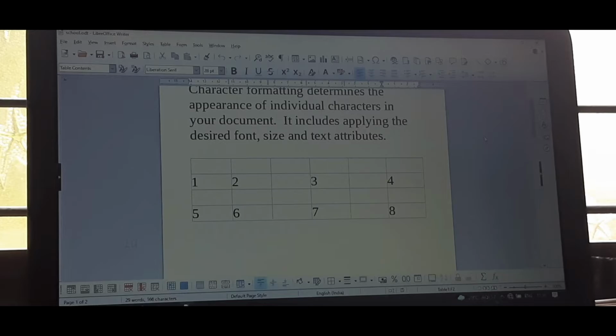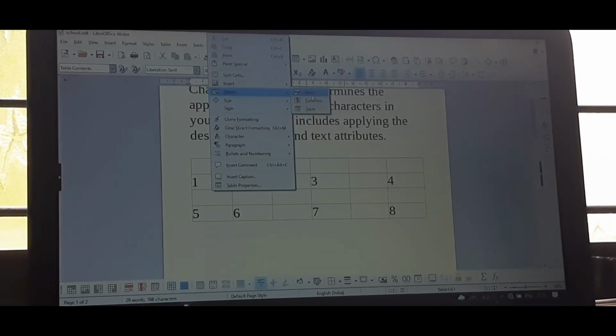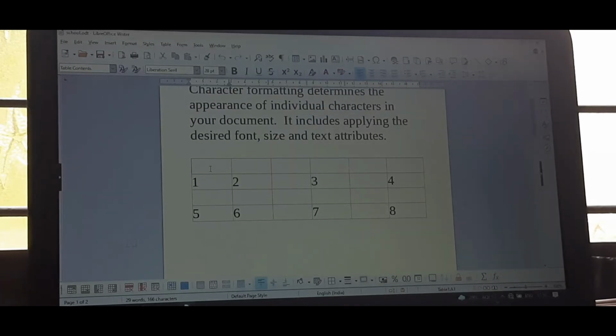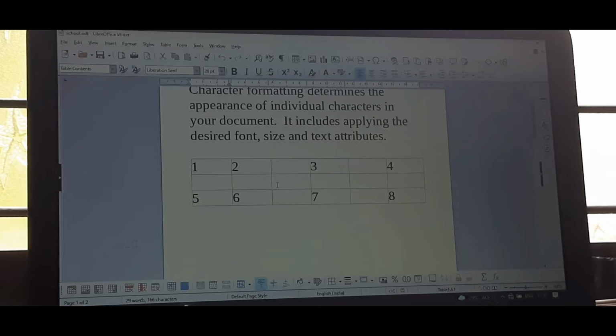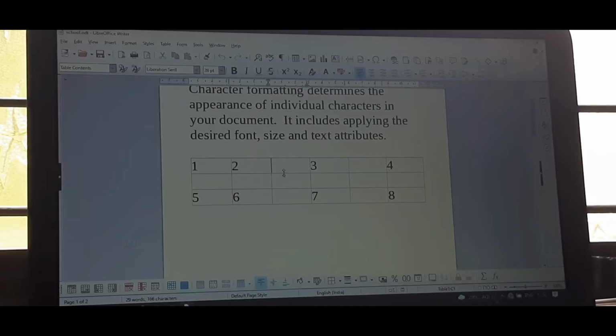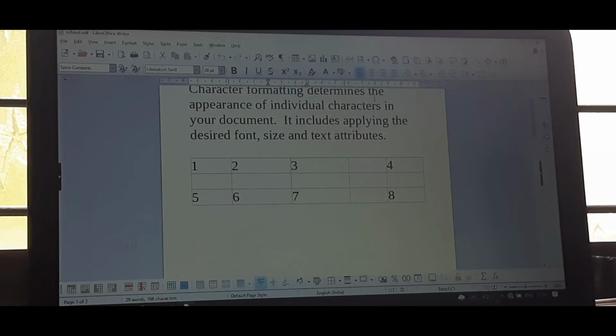Next one is deleting rows and columns from a table. For that, select where we need to delete rows. So where I kept the cursor. Okay, here I kept the cursor in the first row, and right click, Delete Rows. That row will be deleted. And here, this blank column, the first blank column, I kept the cursor there, right click, Delete Columns. See, that column will be deleted. Okay,